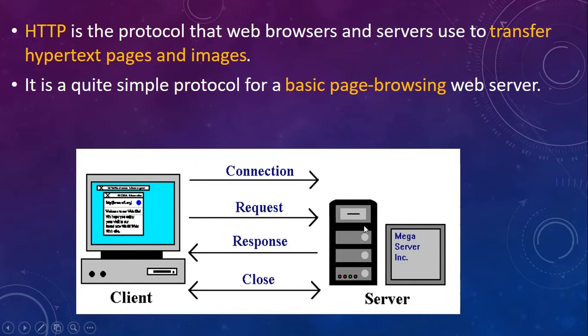Once that request for a particular file comes to the server, the server will search for the file, and in response it will send the file back to the client. Once the file is requested and sent back, it closes down the connection. So this is called HTTP, Hypertext Transfer Protocol. The connection is established, after establishing the connection we request a file, and after responding with the file, the HTTP connection is closed. Right? So this is how client-server communication takes place when the HTTP protocol is used.